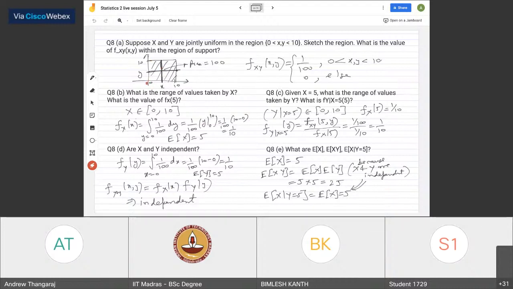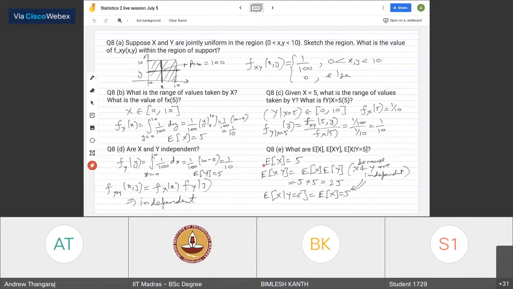Another way to think of it is, x takes values 0 to 10, right? And whatever may be the value of x, y seems to have the same distribution. Whether x is 0.1 or 1 or 5 or 10 or 7, whatever may be the value of x, y has the same distribution, right? You look at that particular slice, it's flat and it's the same. So nothing changes. Y takes the same range of values, same distribution. So it ends up being independent.